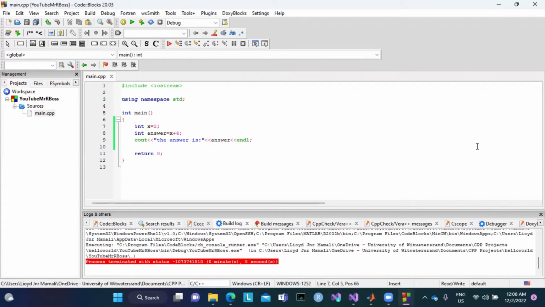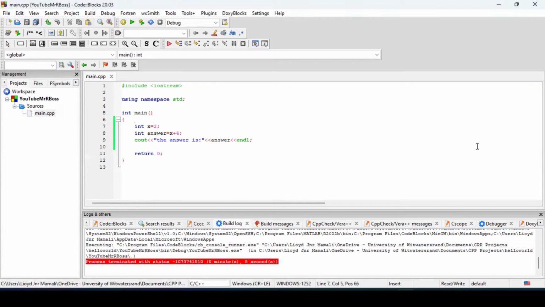So this is tutorial number 7 of the series of C++. In the previous video, I basically explained how you can declare variables and how you can also initialize variables. All right, so first, before I continue, I want to talk about the arithmetic operators, because obviously if I'm going